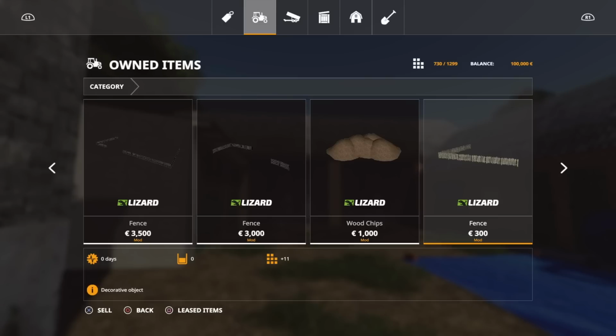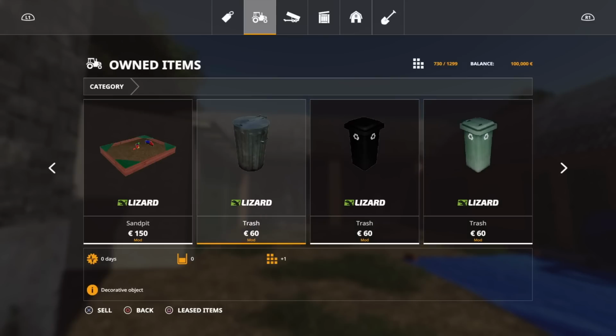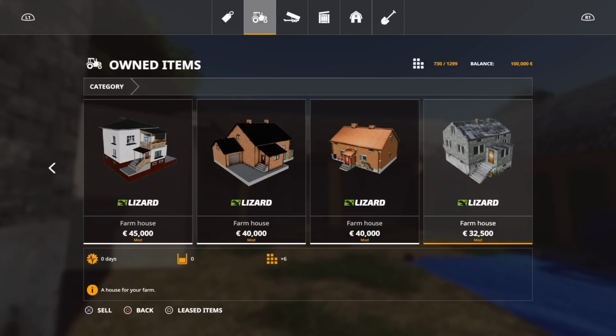So like I say, if you come onto this, there's all sorts of stuff, there's a wood chip pile, there's all sorts of accessories that are on the map. And you don't start with any of that on Farm Manager or start from scratch. So as we scroll across, like I say, sand pits and trash bins, the 4 different farmhouses you don't start with. Now the problem with that is, and you have to be careful, if you come on and you start on Farm Manager or start from scratch,